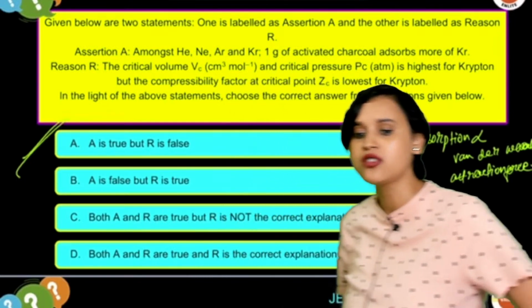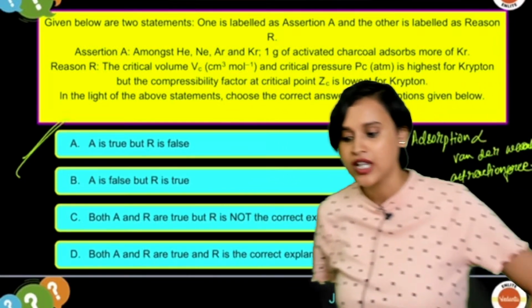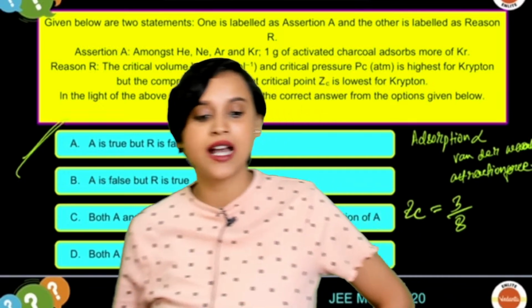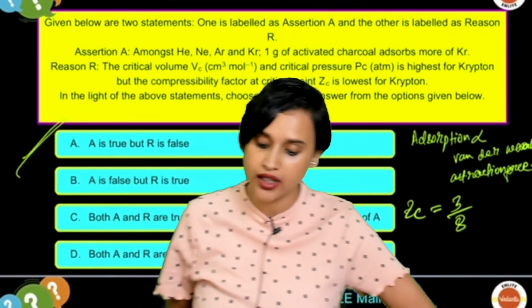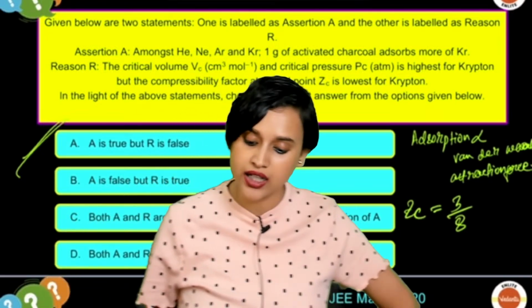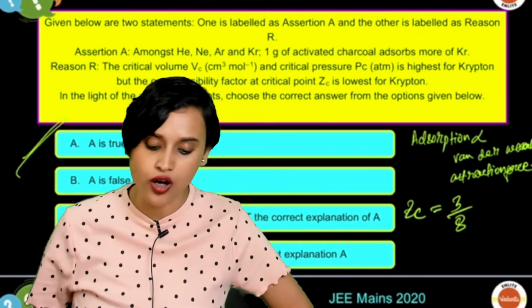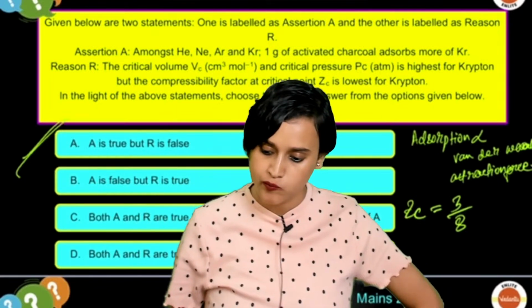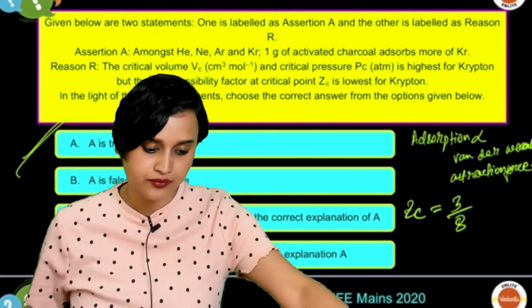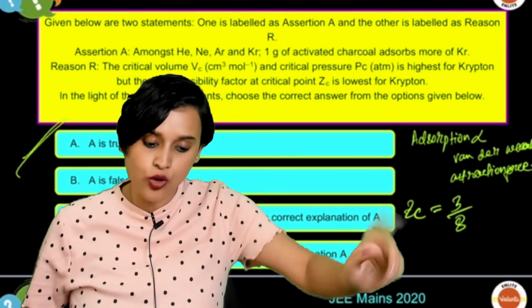Read the question and see once. What did you understand or not? I just told you that adsorption is directly proportional to van der Waals attraction. So amongst helium, neon, argon and krypton, 1 gram of activated charcoal adsorbs more of krypton. So that means that if it is adsorbing more of krypton,